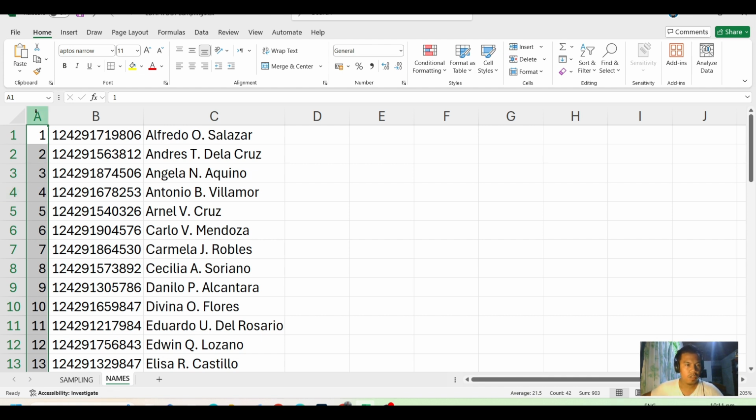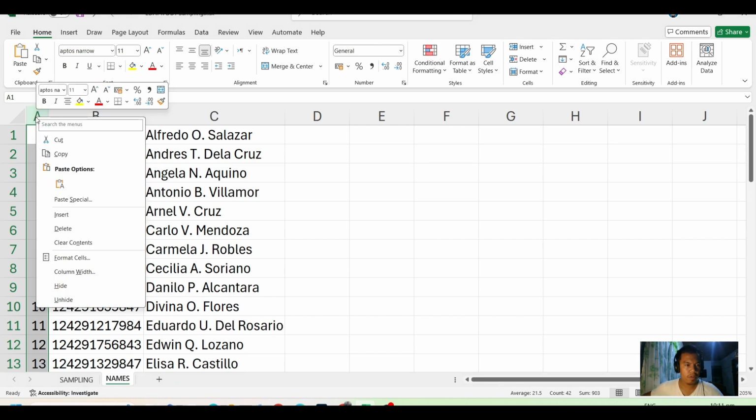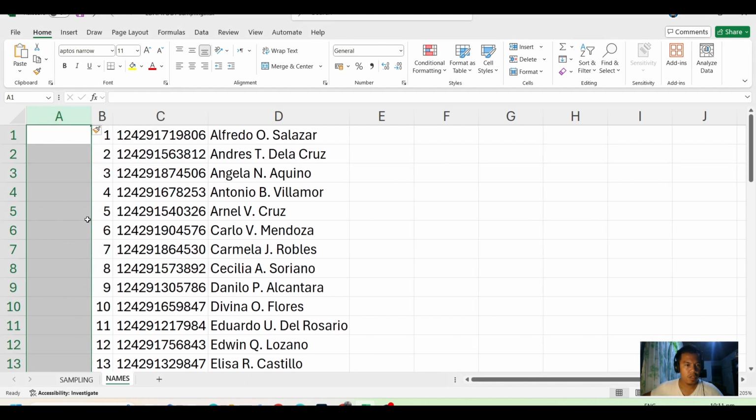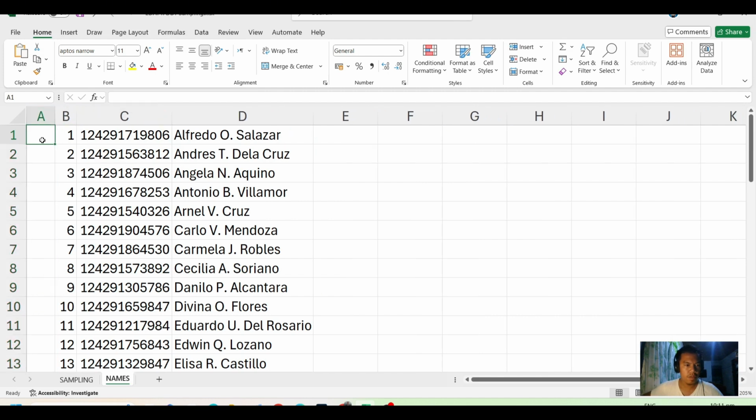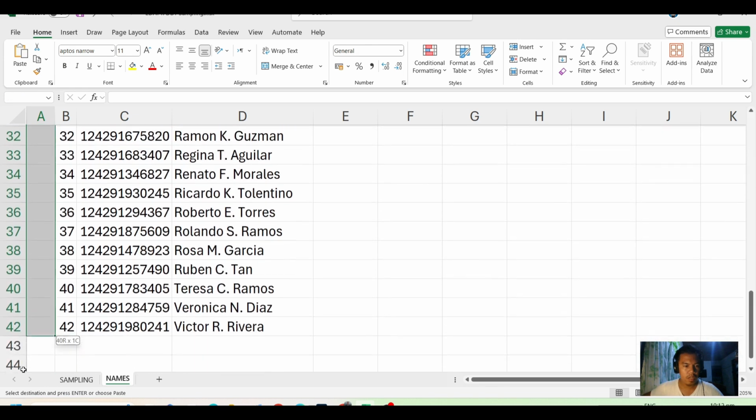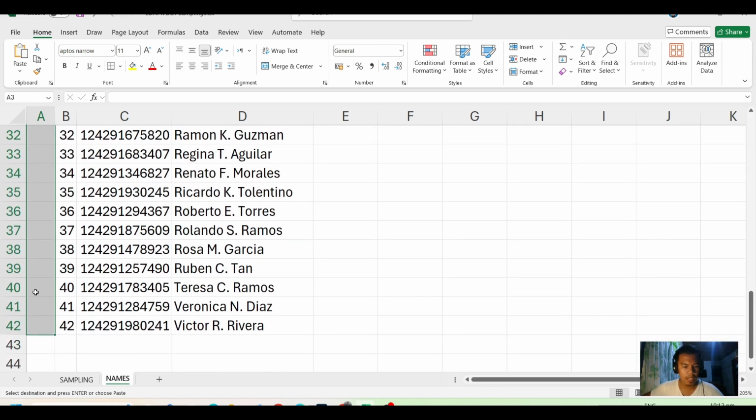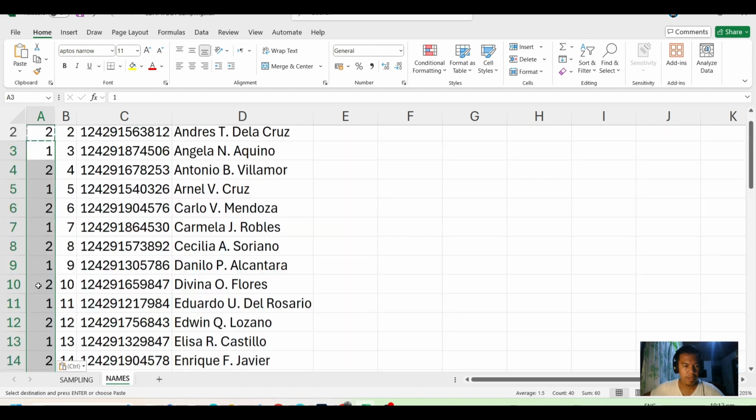What we are going to do is insert another column. Let's type 1 and 2, then copy and paste these numbers, highlight, and paste.